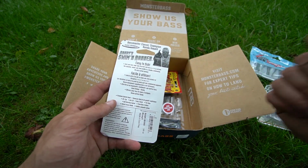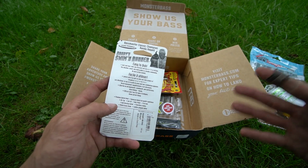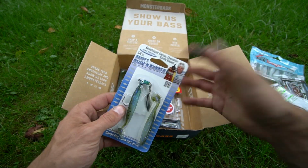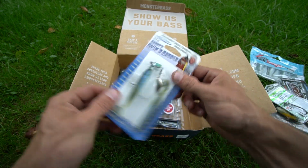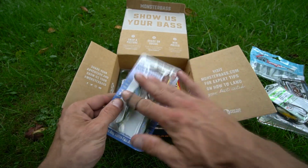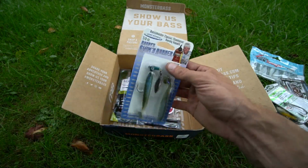I mean, basically you can cast it, you can swim it, you can fish it on the bottom, you can jig it off the bottom, you name it. But the biggest thing that I would do with this is cast it and swim it. Spring and fall. Well, definitely fall for me on this one. But anyways,